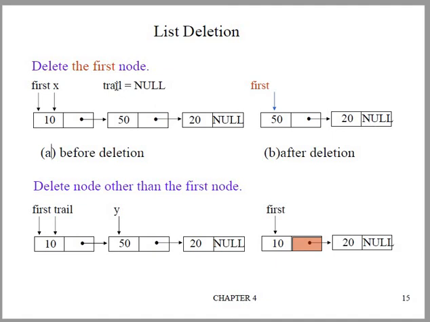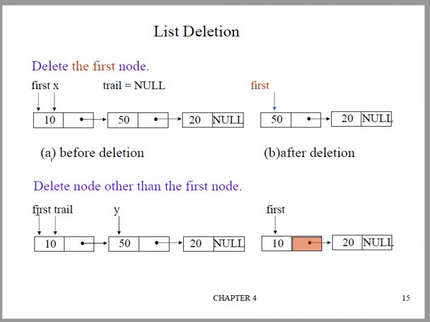So what we have to do is make first equal to first link, so it will point to the next node. In that way we can remove it. Now if you want to remove a node after the node first, first is a pointer, we will make it point to the node after which we want to remove the node. So after the node 10, that is another way of doing it. Now after the node 10 we want to remove a node. How will we do that?